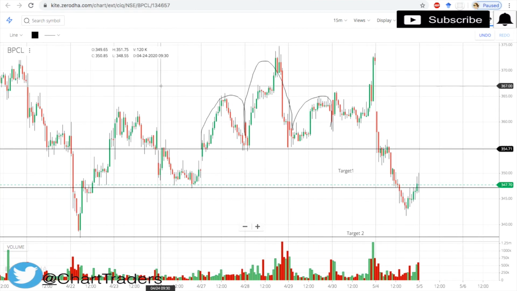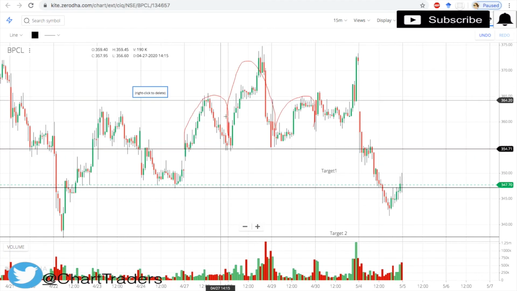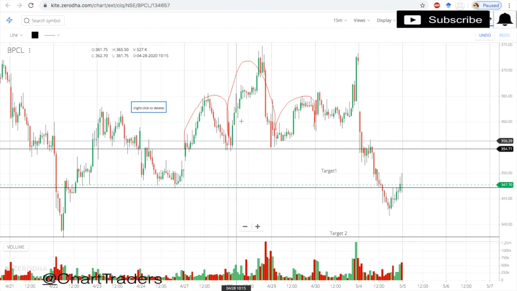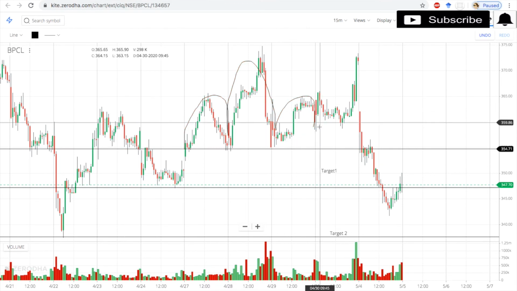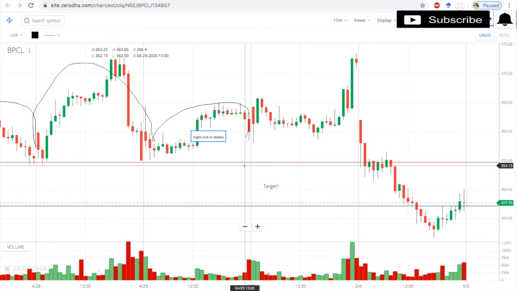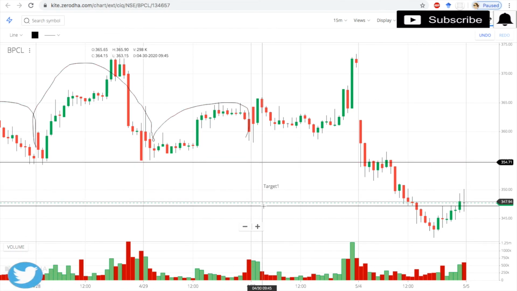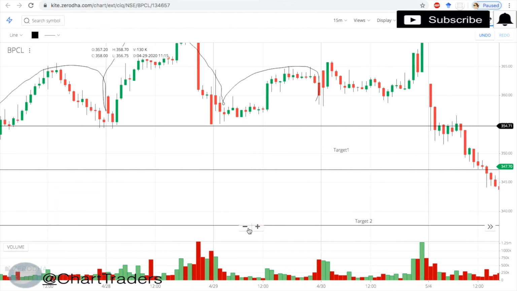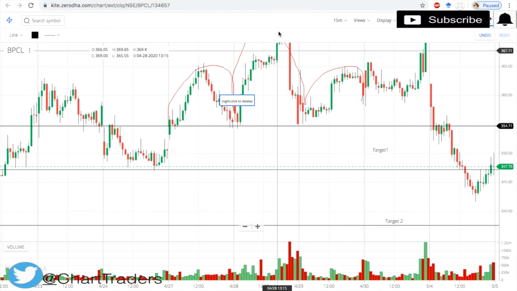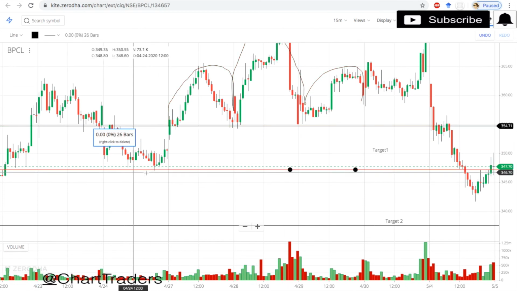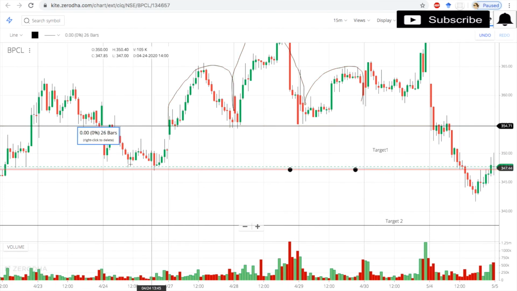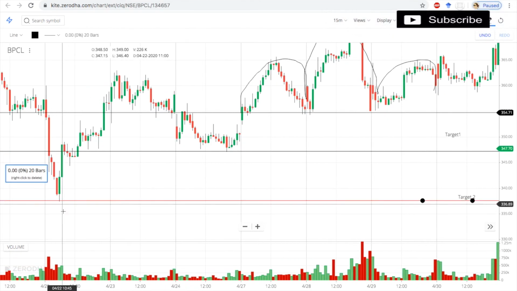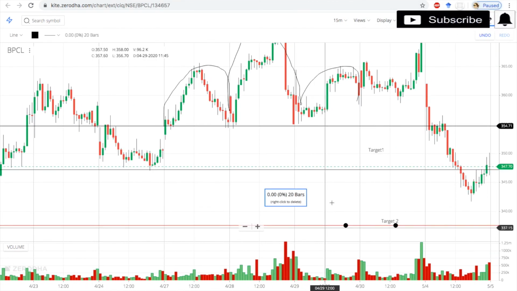One more, that is in BPCL. Left shoulder, head and right shoulder here, and this is our neckline, so I am looking for the pattern to be formed. If the price closes below this pattern, then my target is first one, and after that my target 2. Target 1 is calculated based on this difference, or you can say support, because it is taking support multiple times here. And second is the previous support, so my target 1 and target 2.